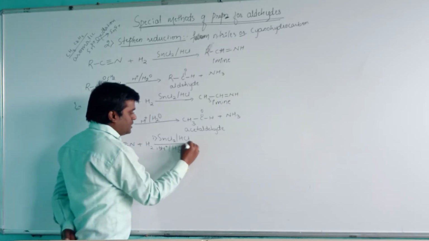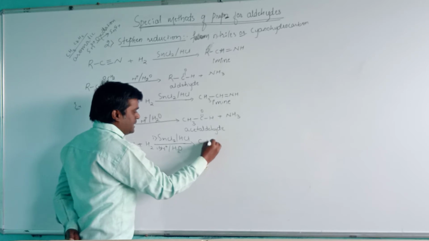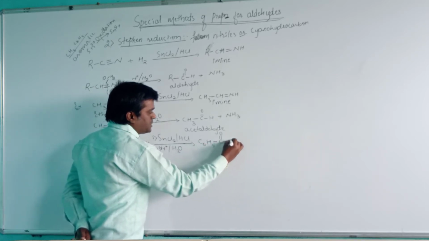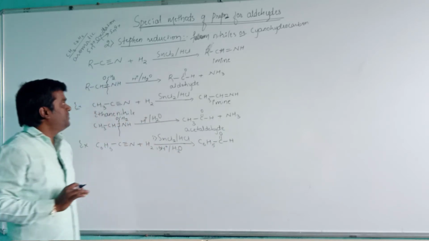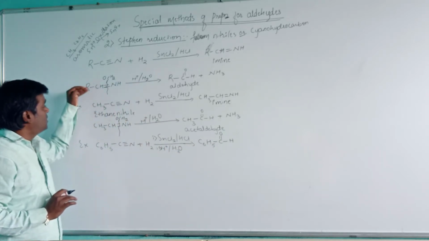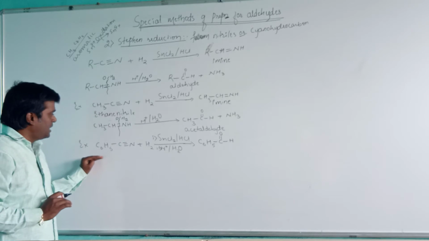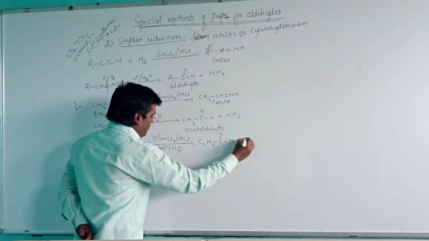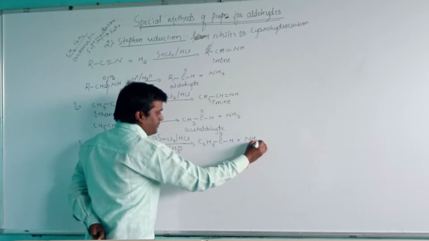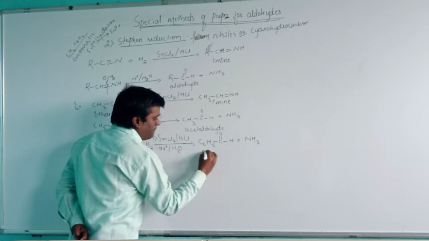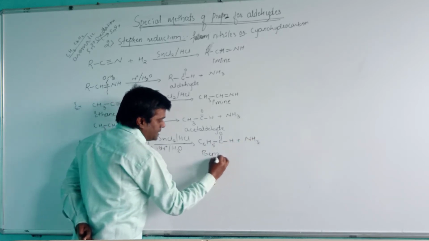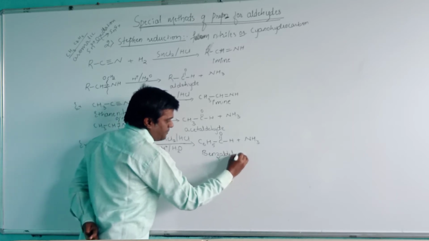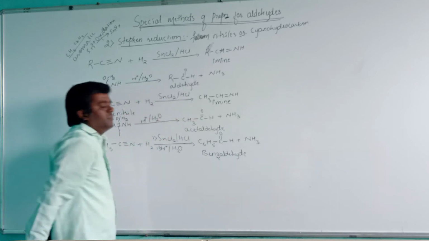Then it will give the compound C6H5 C double bond O H. Directly I am writing here. There are two steps, and in this reaction I am writing directly that one compound will be ammonia and another will be benzaldehyde. The second, that is the main compound, is benzaldehyde. Then let us take one note here.